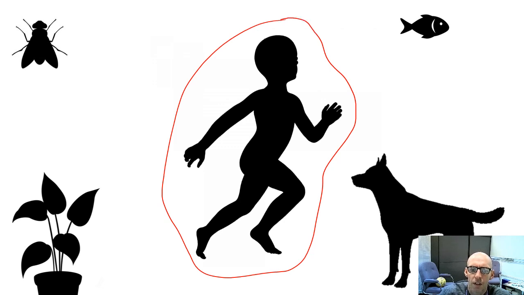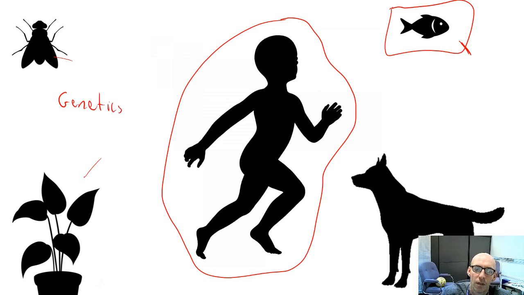And there's certain things about us that make us human, very different from a fish. But there's certain characteristics that make a fish, and similarly with plants, dogs, flies. Every living organism is a certain way because of their genes, because of their genetics. And this is really a study about how that genetics works at a basic level. Obviously it's developed a lot more at A level and a lot more at degree level.